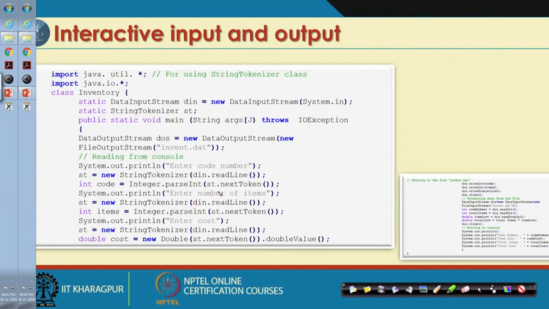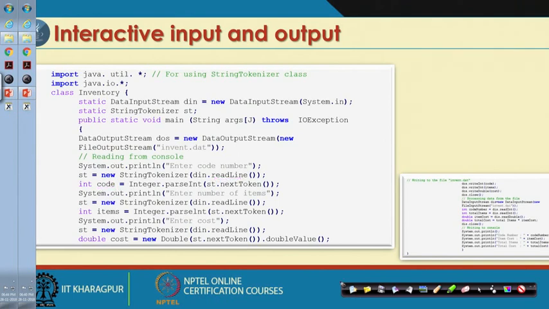Now, in the next statement we see st.nextToken. It reads the next item, and Integer.parseInt changes the string into an integer and stores it in code. So code is now whatever the user entered, stored as an integer.